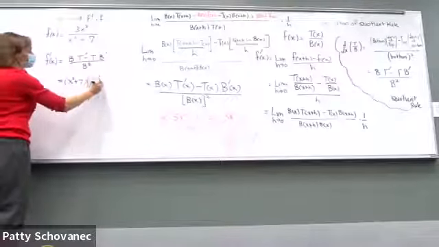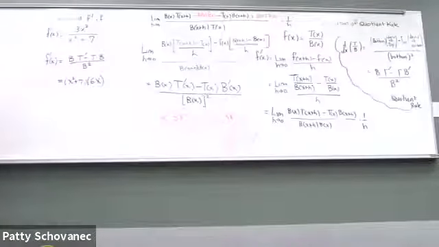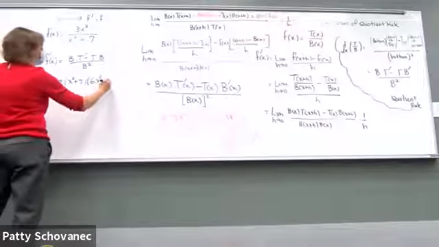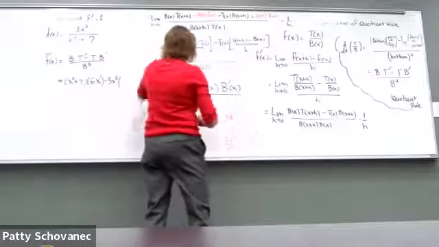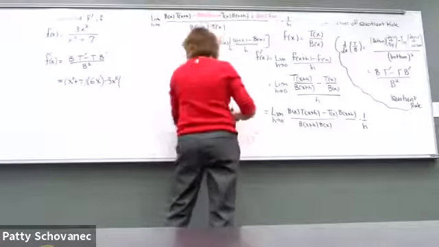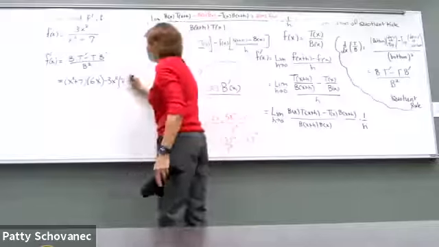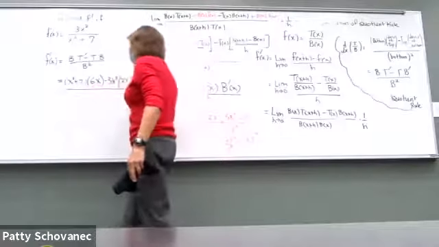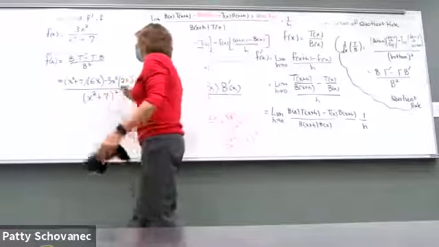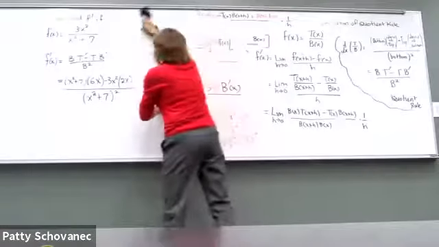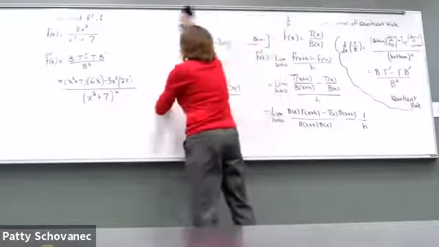6x. Right? Bring the power down, raise it to 1 power less. Minus the top, 3x squared, and now it's your turn again, the derivative of the bottom, just 2x, all divided by the bottom squared. Now we are going to simplify this